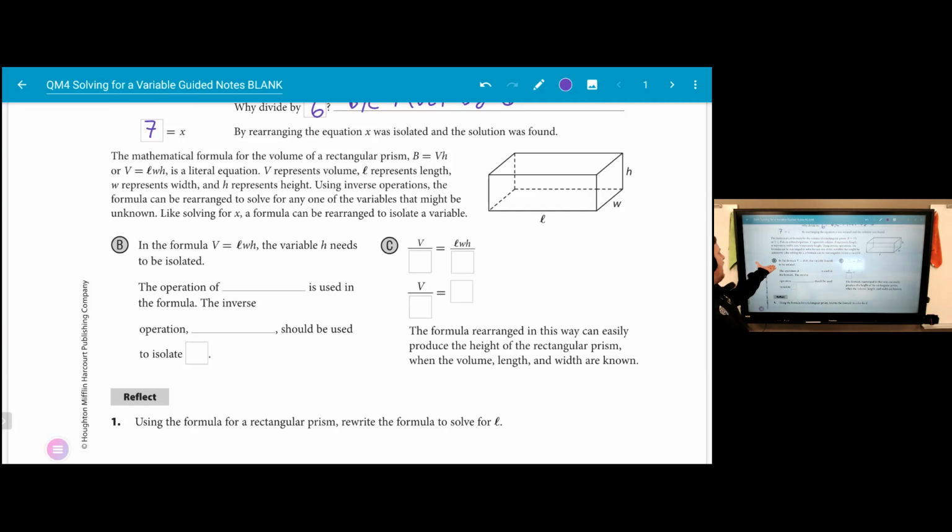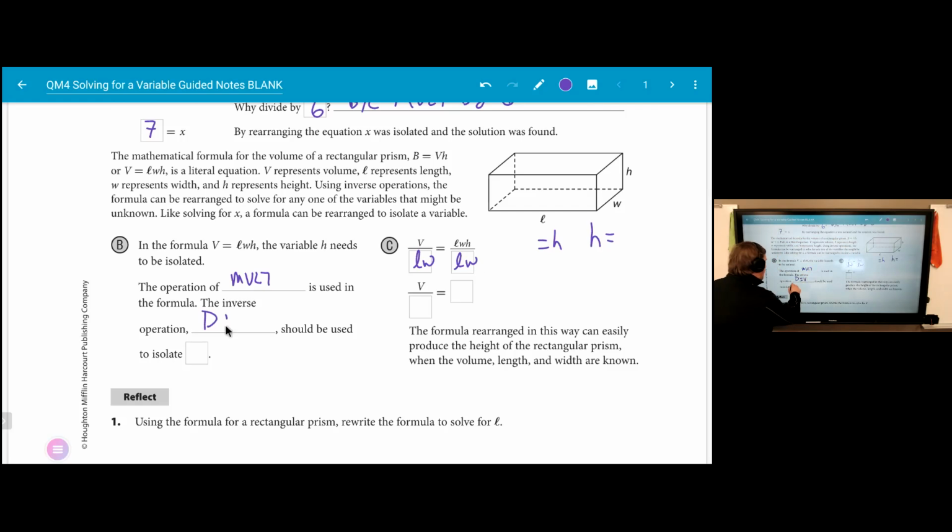Well, let's do this. In the formula V equals LWH, the variable H needs to be isolated. Remember, when you've got variables next to one another, that indicates multiplication. So how would I get rid of, because I'm trying to get H by itself, so I want something equals H or H equals. So how do I do that? Well, it's being multiplied by L and W. So to get rid of multiplication of L and W, I need to divide by L and W. So because the operation of multiplication is used in the formula, we're going to use division